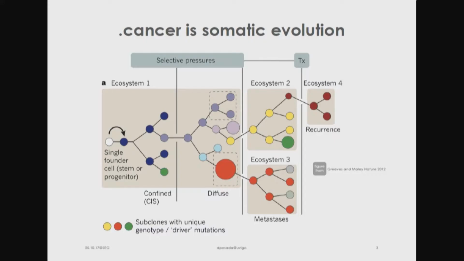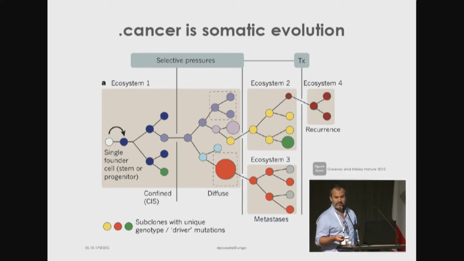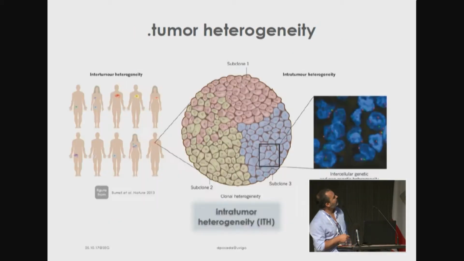And at another point, there might be another selection pressure like therapy, and only, for example, this little guy here, a minor clone in the population, is able to resist and produces a relapse. So this whole process from a healthy cell towards a whole ecosystem of different tumor cells is a process of evolution. And the paradigm is that this is Darwinian evolution, dominated by positive selection. Okay, that's the main idea.